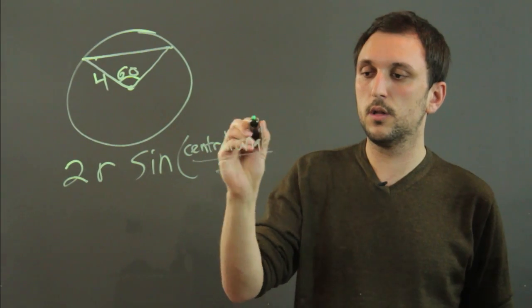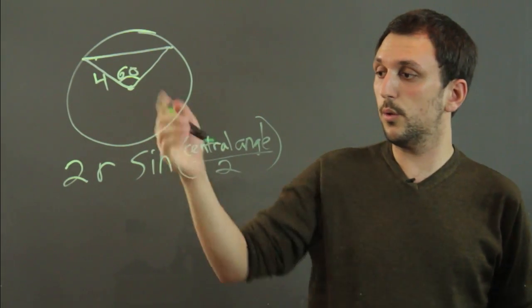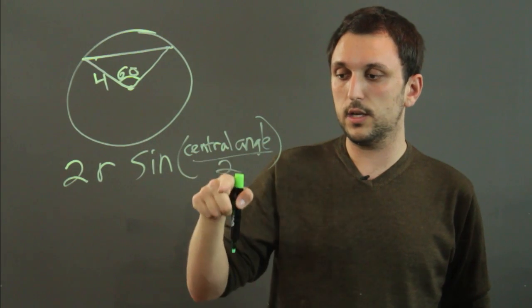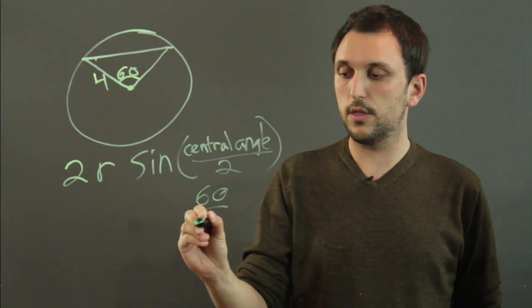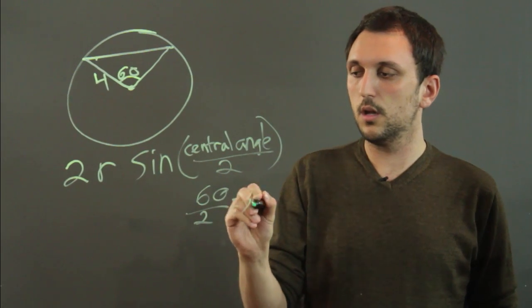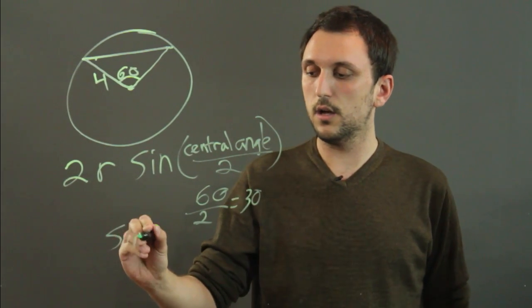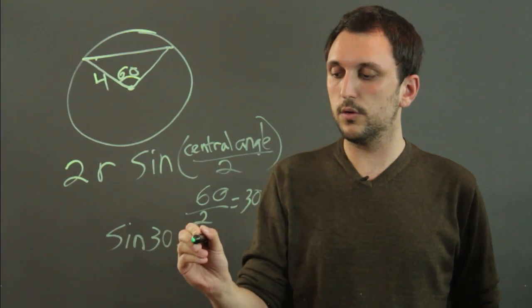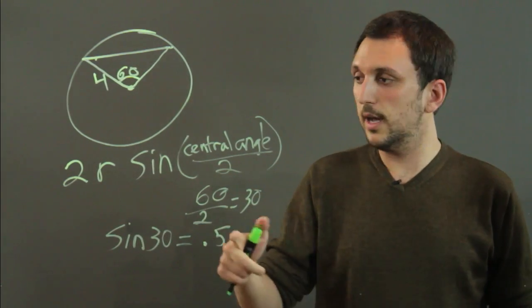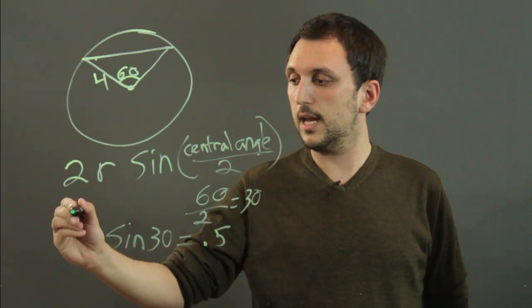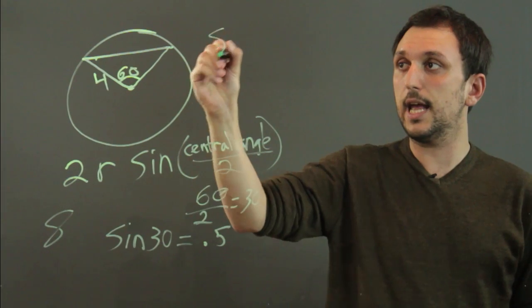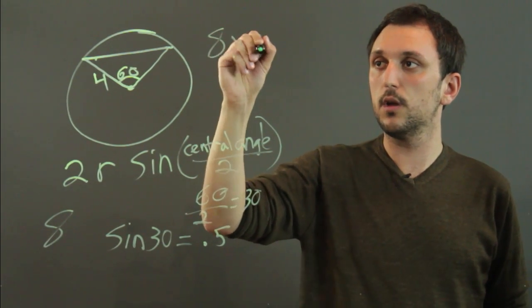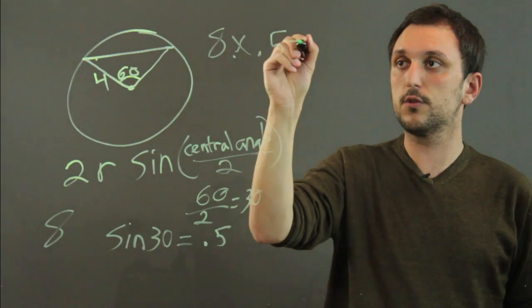So what we do first is we call this 60 over 2, which is just 30. And we say sine of 30, which equals 0.5. And then we have the 2r, which is just 8. So we're ultimately saying 8 times 0.5, which is going to equal